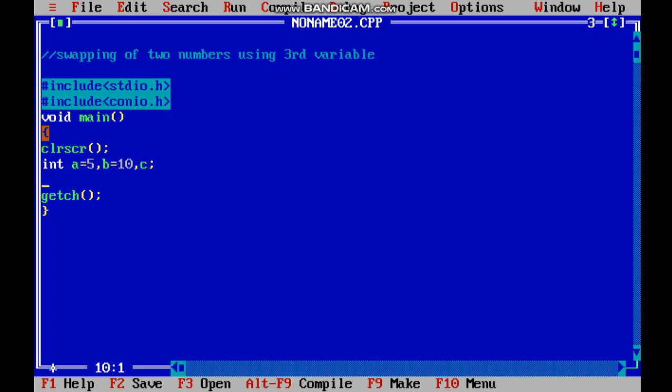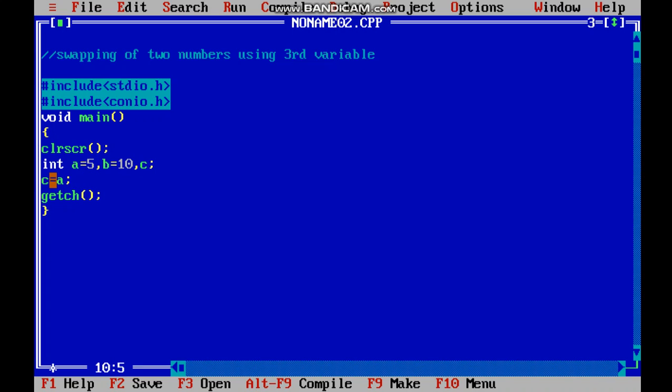Let us see how. What I said, the third variable is empty. So I will use C is equal to A. See guys, I told you the equal to sign helps us to assign the right hand side value to the left hand side one. That means a's value is 5.